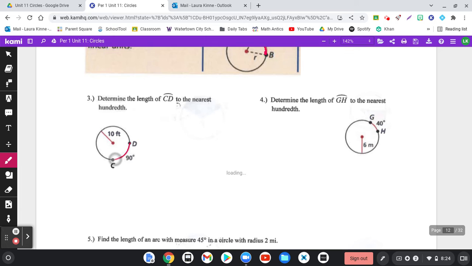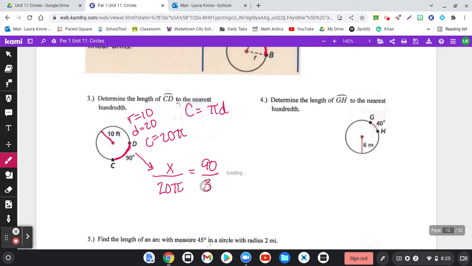All right, so our degree is 90. We're looking for this arc length. If your radius is 10, your diameter is 20. So your circumference, remember, is pi times diameter, 20 pi. So if you were going all the way around the circle, it'd be 20 pi. We're looking for just this segment, so we'll call it x. The angle is 90 over 360. Again, I noticed that 90 is a quarter of 360, so if I divide 20 pi by 4, I'll get 5 pi,